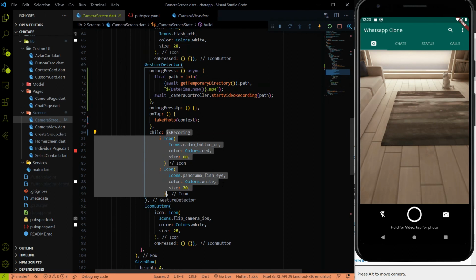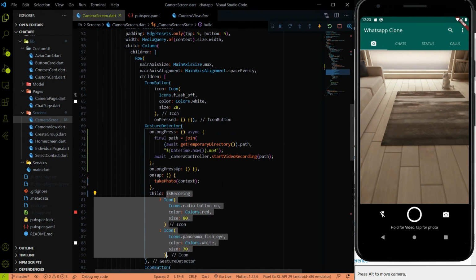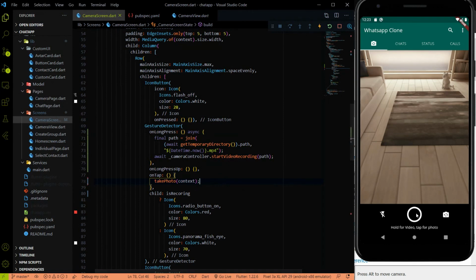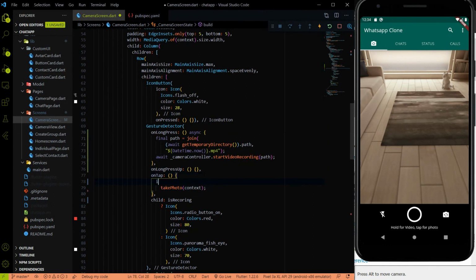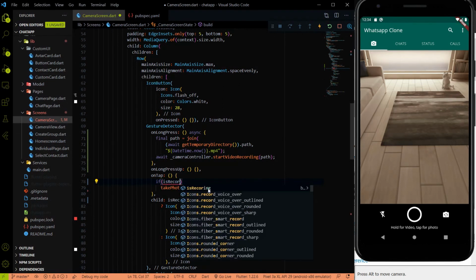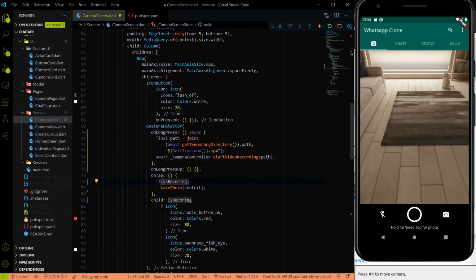Now the next thing we have to do is, if the video recording is on, then we are not going to perform the camera click. So here we are taking the photo. Here we have to write a condition like if is recording is true.